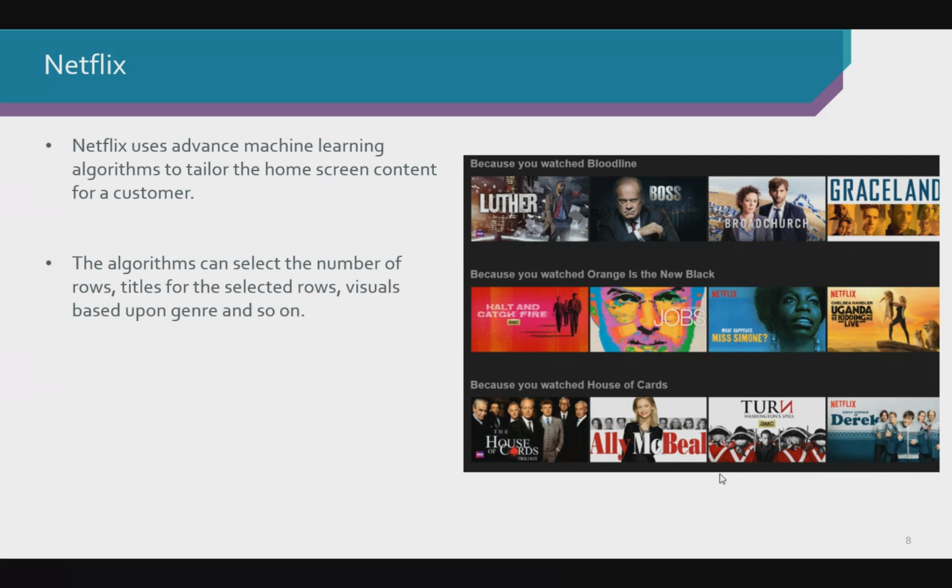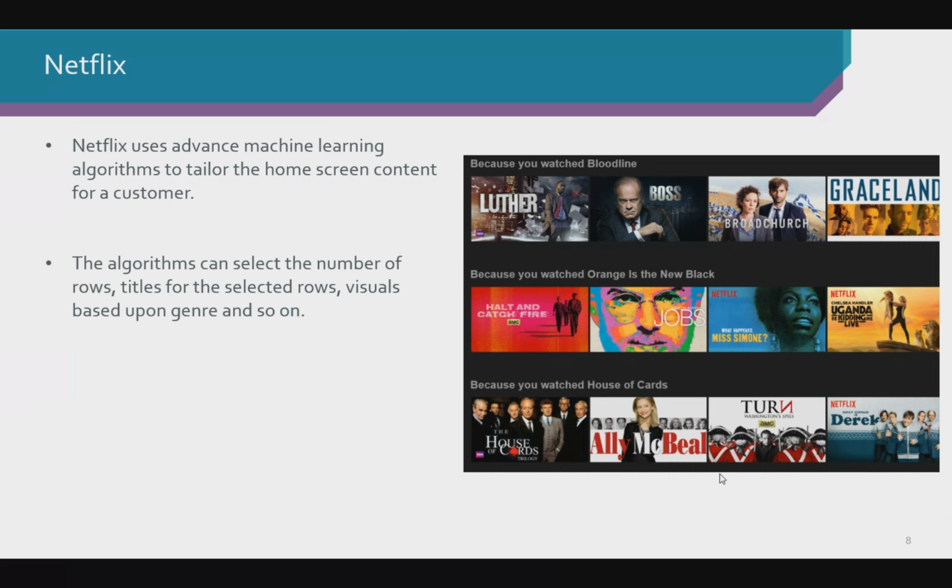Their algorithms can select rows and titles and visuals based upon the genre and so on. So if you have watched, let's say, an action movie, or a romantic movie, or a documentary, it can start tailoring the content and showing you relevant content.